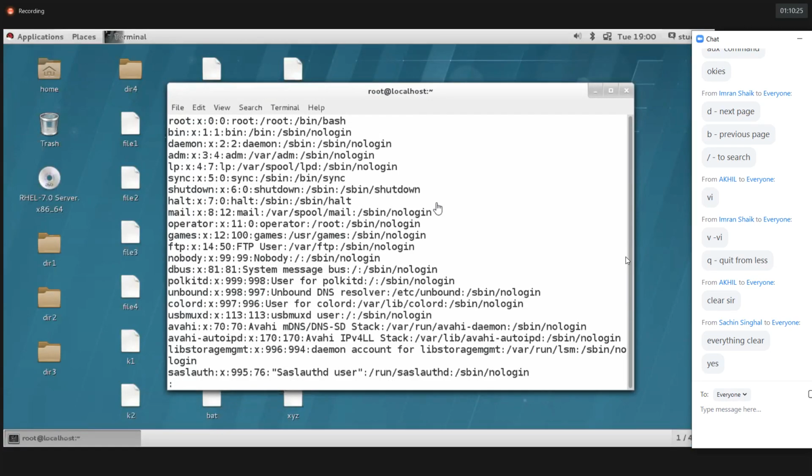Navigation keys means up arrow, down arrow, right arrow, left arrow. Clear? We have the up and down arrow keys on the keyboard.